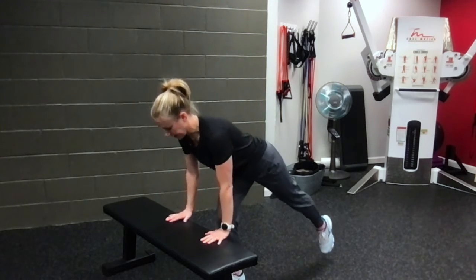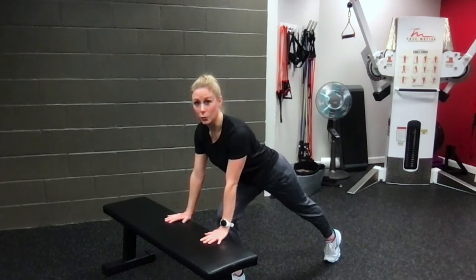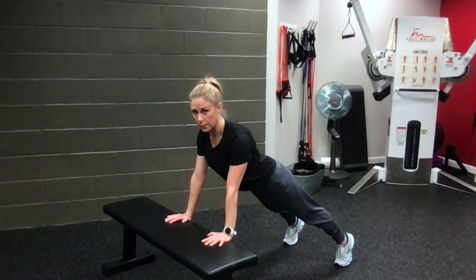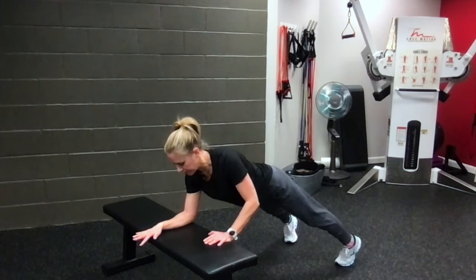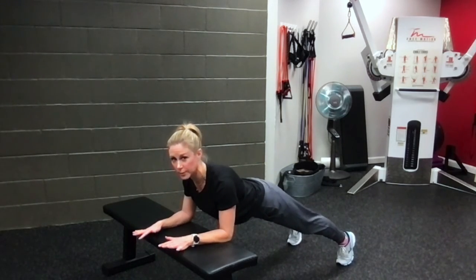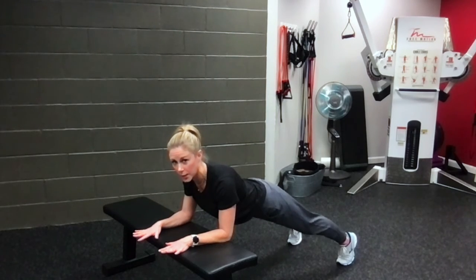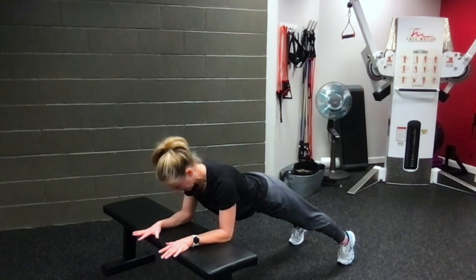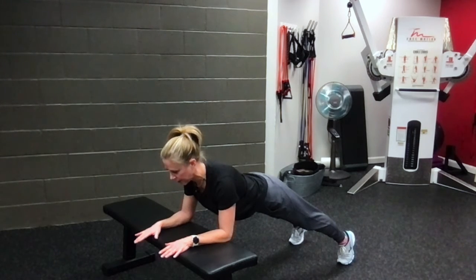And then you can go back down to the floor. So feet out. I'm in that push-up posture, but then I'm going to drop to my forearms. And I'm going to shift forward, pull my shoulder blades together on my back. You see my hands are down. Squeeze those legs like you're pulling your legs together and pull that belly button up and in and just breathe